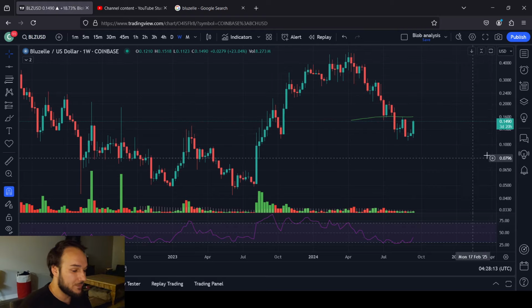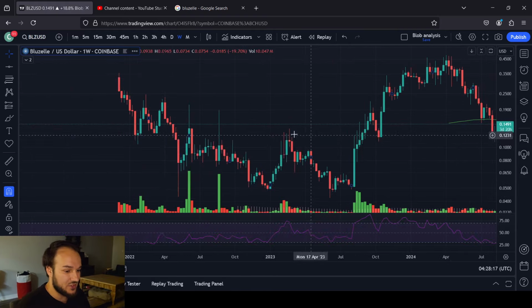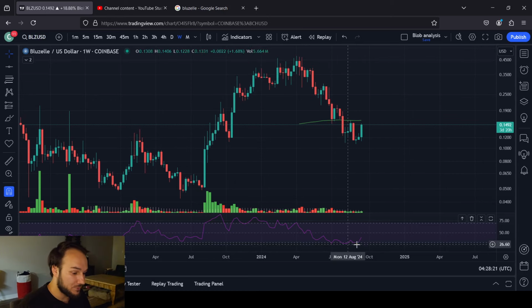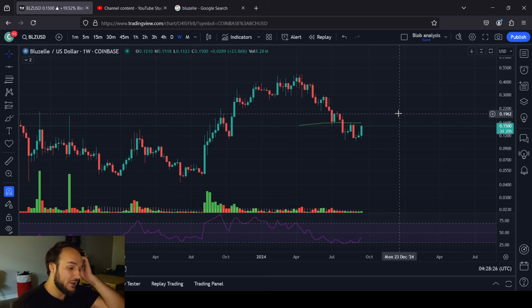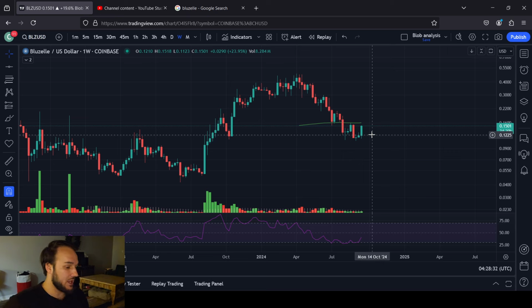But for whatever reason, it's bouncing at its golden ratio zone. It's bouncing at previous areas of resistance and previous areas of support. It's looking phenomenal on this bullish divergence and hidden bullish divergence, right? And the targets are way higher than its current prices right now. So great time to get in. Vote of confidence. One of my personal bags that I hold. It's not my biggest bag, but it's definitely in my top 5, top 6, and that's all I got